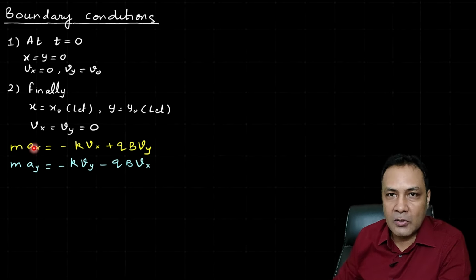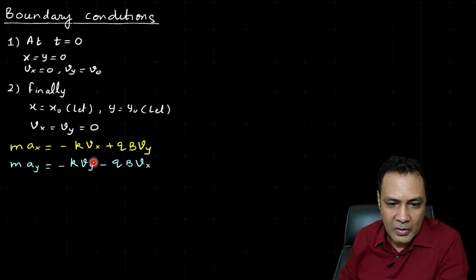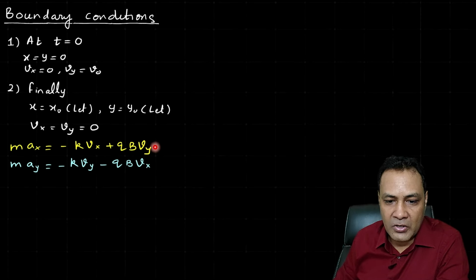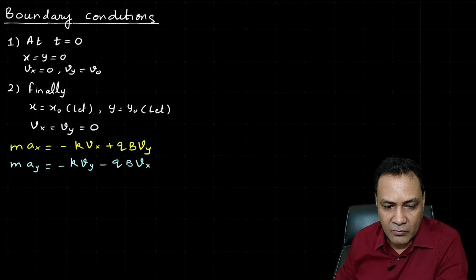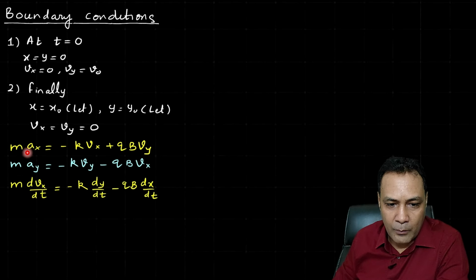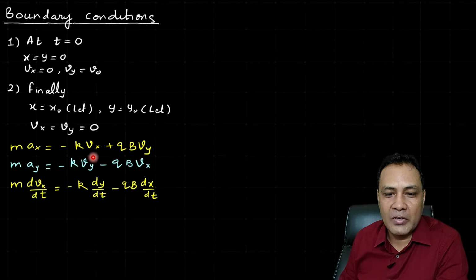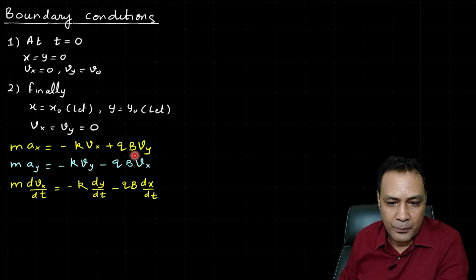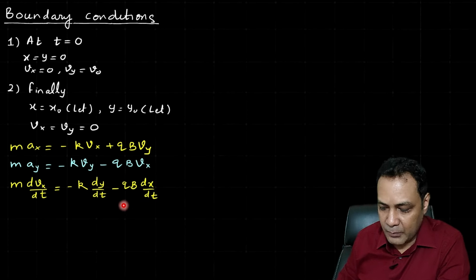So Ax is equal to dVx by dt. In the same way, Vx is the x component of velocity, that is the rate of change of x coordinate, so this is dx by dt. Similarly, Vy is equal to dy by dt. So rewriting this equation, I am writing m into dVx by dt is equal to minus k into dx by dt plus qB, actually this is plus here,